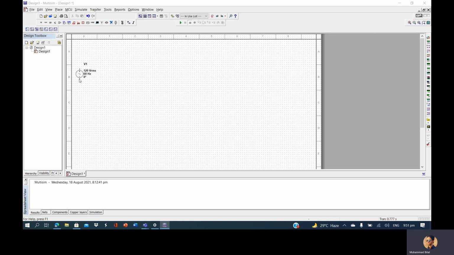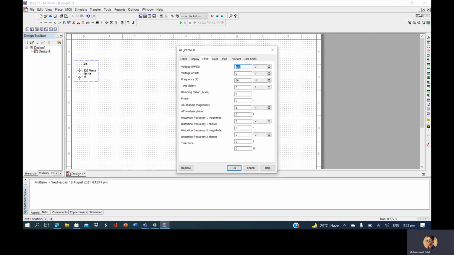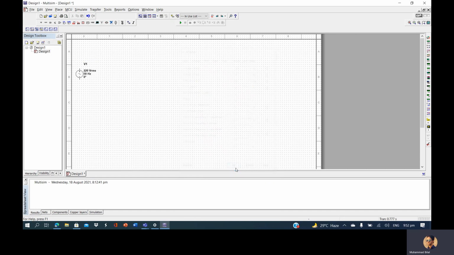We will place it over here simply by clicking, and after that we can change the value of voltage or the frequency. We will click on that, and here it is 120 volts, so we will convert it into 220 volts, which we get in our home power lines, at 220 volts and 50 hertz frequency. So we fix it on that value, and here we are getting 220 volts. We can check it with the help of a multimeter as well, to see whether it is giving 220 volts.